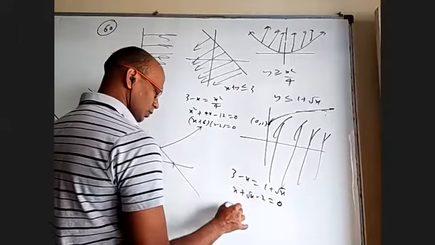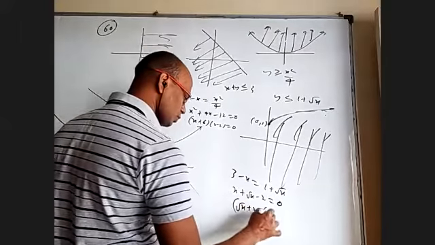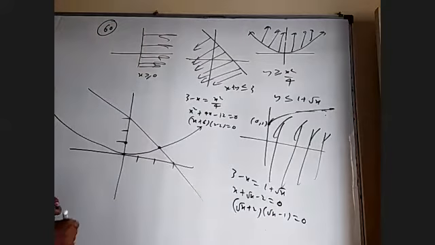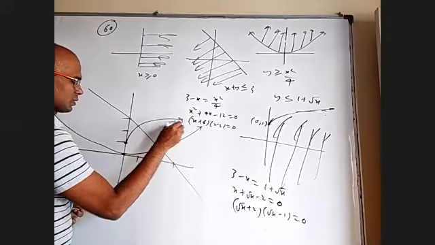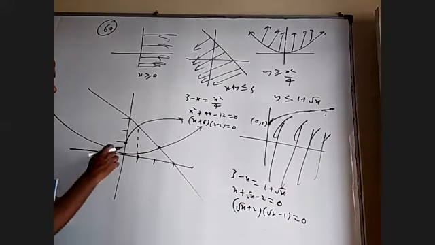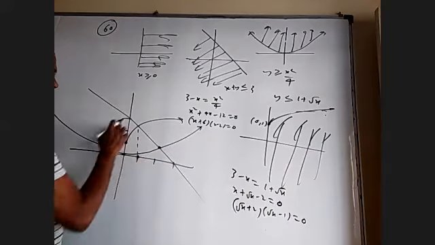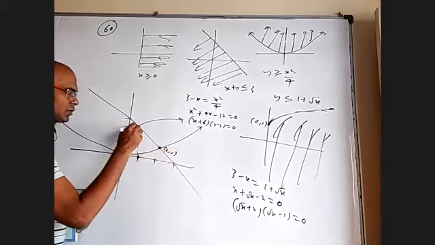So root x minus 2 is plus 2 minus 1. So root x plus 2 into root x minus 1 equal to 0. So I'll get x equal to 1 in the point of intersection. So that parabola is like this, where at 1 it is 2. Okay, at 1 it is, it's okay, not a problem. This point is 2 comma 1 and this point is 1 comma 2.